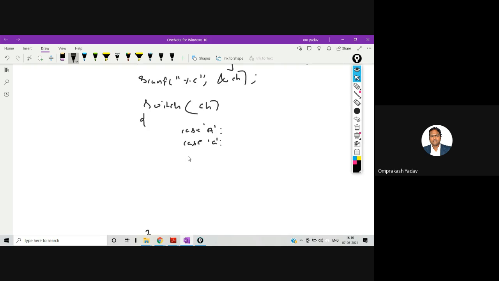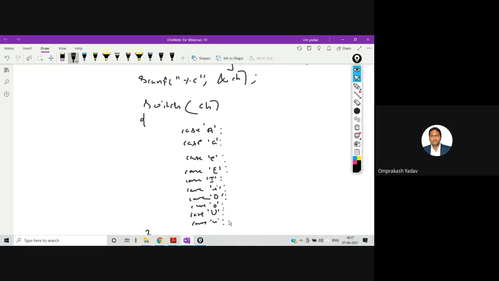So I'll write over here case small e, case capital E, right? Case capital I, case small i, case capital O, case small o, then case capital U, case small u.